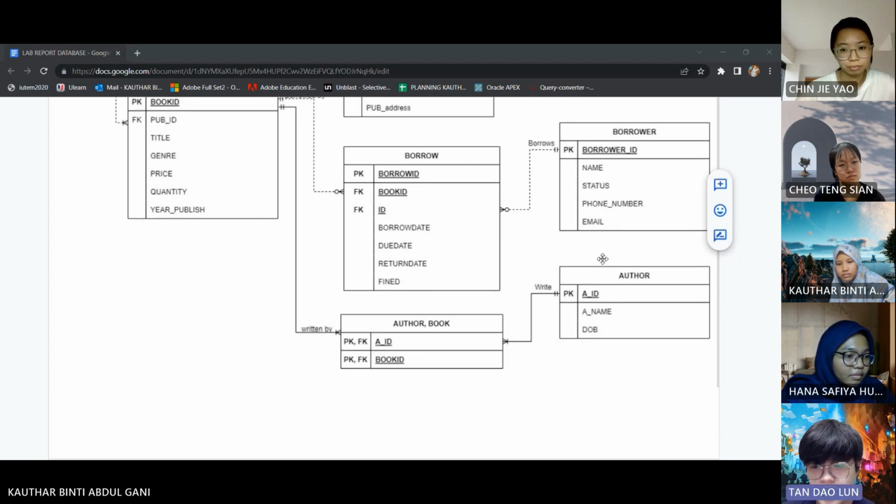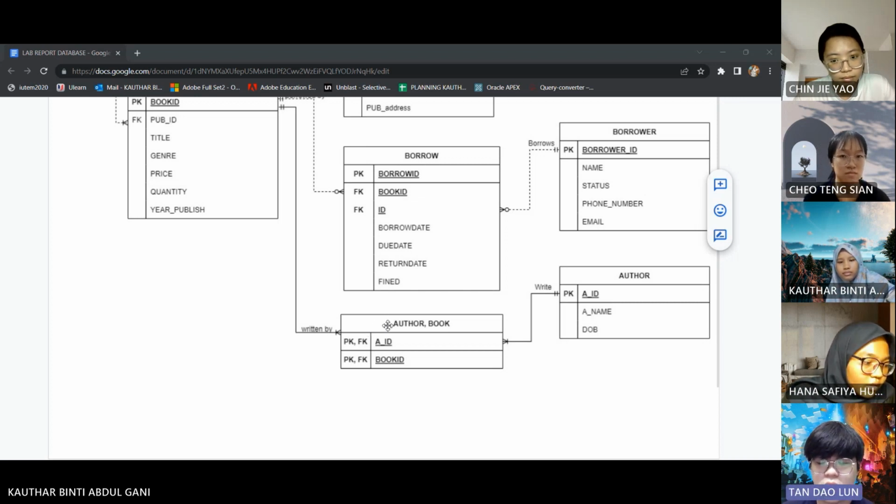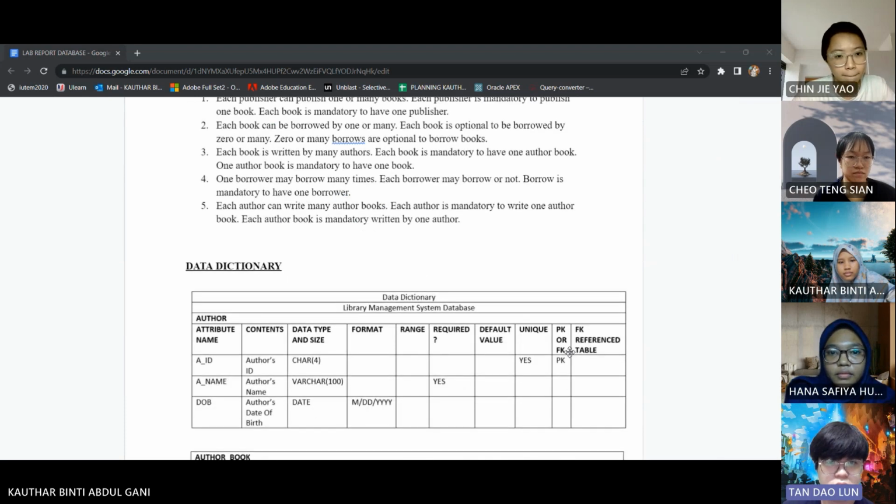And then we have the author book table. It is also related to the books table. This means that the book is written by the author. In this table, we have both attributes as primary key and foreign key, the author ID and book ID, and it is related to the author table, which stores the information about every author. So we have the author ID as primary key, and then author name and date of birth. So next, I will pass to Hannah to explain about the business rules.